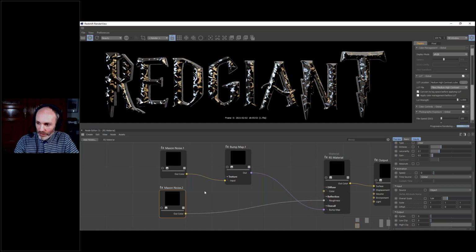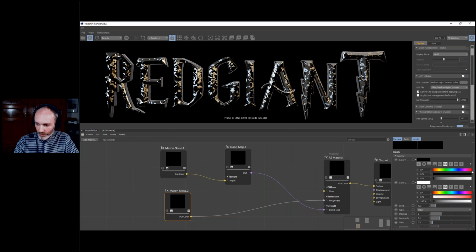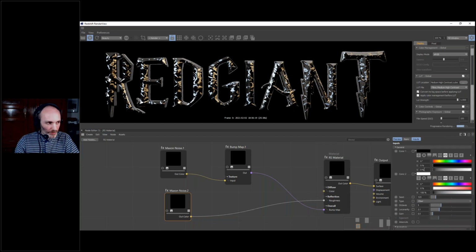So let's take our noise, and I'm going to change the color here. I don't actually want to have black, and I don't want to have white. So I'm just going to change the value, and I'm going to have something which is very near the 0.4 value I had.